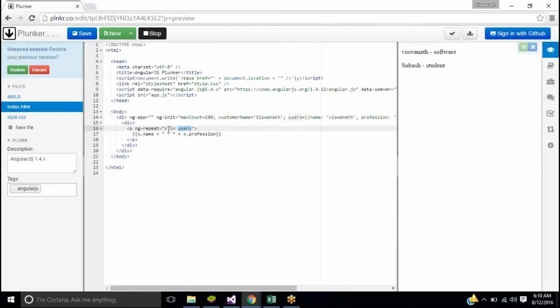So for easy understanding, we'll generally say it like this: for user in users. Users is an array, right? So we'll say that for every user in an array, get the username and get the user profession, right? Okay. Got it? So this is another attribute, another directive, which is called ng-repeat. So these are some of the default directives that we use in AngularJS mostly. There can be many other things, but these are the mostly used Angular directives. And these are default directives that are provided by AngularJS.